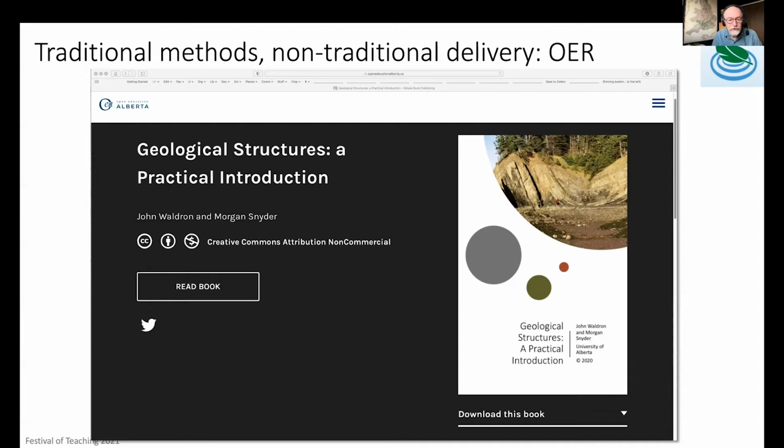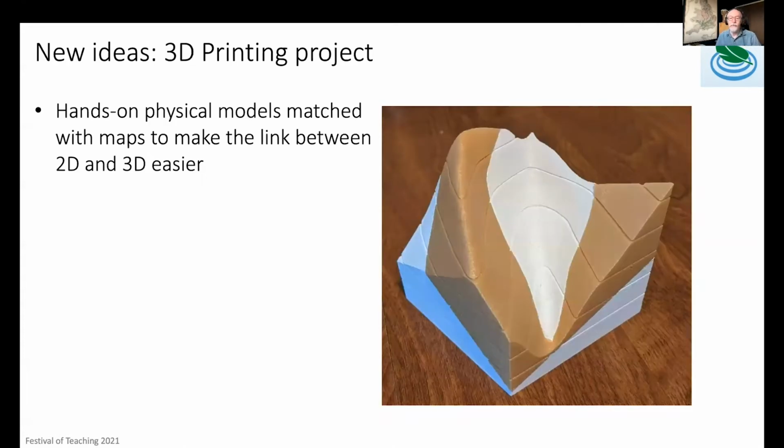So we were more or less just into our first incarnation of using that when COVID struck, and we had to pivot rather rapidly in order to continue using it. A second innovation that we adopted was a 3D printing project, and this is a TLEF supported project to help the visualization of some of these map problems by using 3D printed models like the one you see here. So I'm going to take you through the workflow of making these, and these models have been pioneered by my postdoc, Marilee Reynolds, who's co-author on this talk. She's now working for the Northwest Territories government as a government geologist full-time.